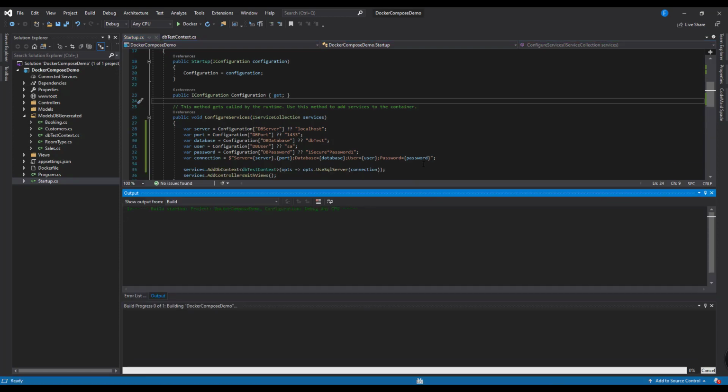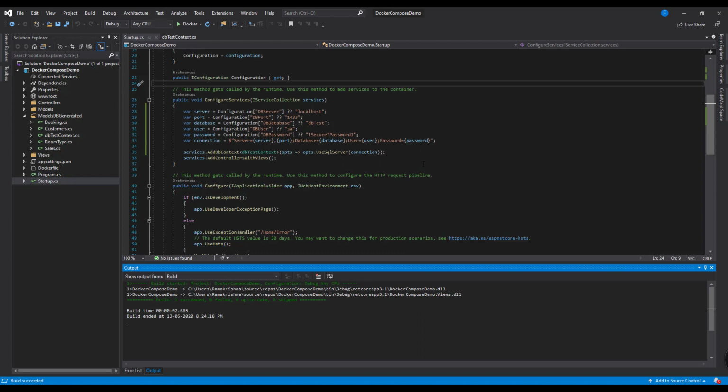Build the project. Project build successful. So it's a quick way to fetch the data from the database, guys. It is not a standard manner. It is just a hack to fetch the data and show it for this demo. It is not a standardized way to access the database through Entity Framework Core.